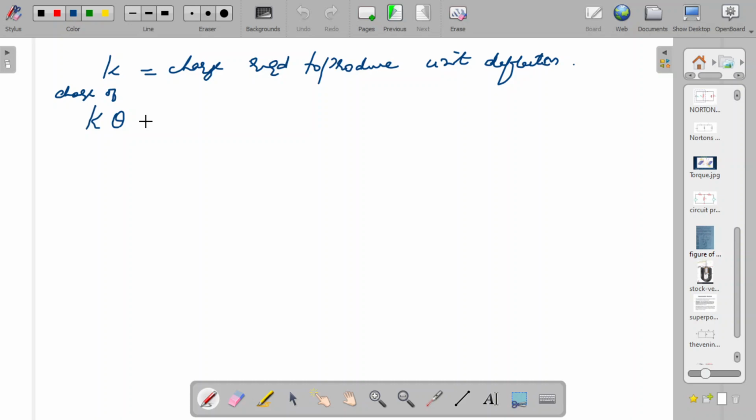Okay. Now this is the charge flowing through BG, and you already have found out the charge on the capacitor, right? Or the charge passing through the BG or the charge on the capacitor. What is the charge on the capacitor? This one, EP into C divided by P plus Q. Now both of them are same. This is the charge because of the theta throw. This is the total charge in the capacitor or passing through the BG, and this should be same as EP divided by P plus Q into C. Both of them should be the same. This is also charge on the capacitor.